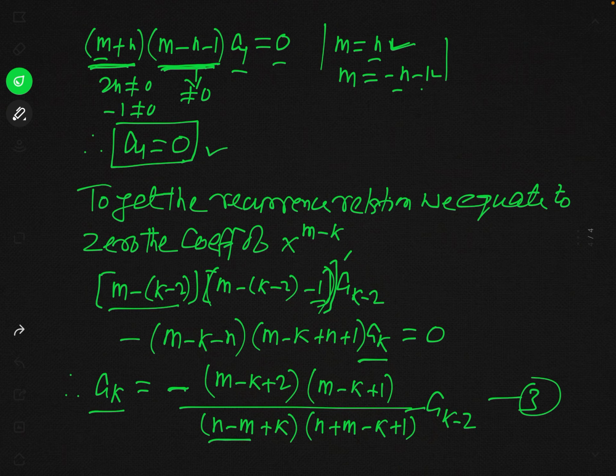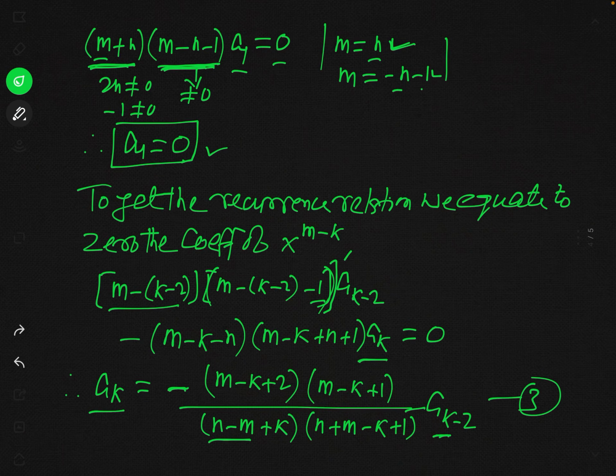since we have obtained that a1 is equal to 0, when we find the values of a3, a5, a7 and so on, you will see that all those values will be equal to 0. Because if you want to know the value of a3, then we will have to put k equal to 3. And when k is 3, you can see this k minus 2 will be equal to 1. And a1 is 0, so a3 will be 0.